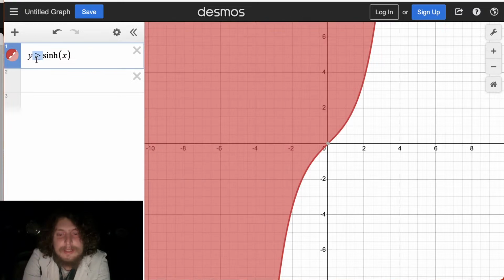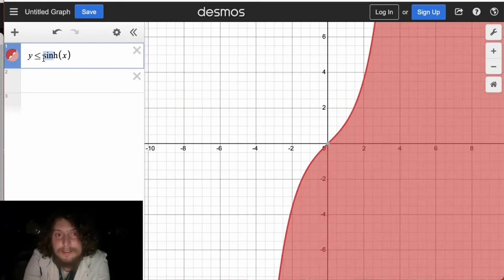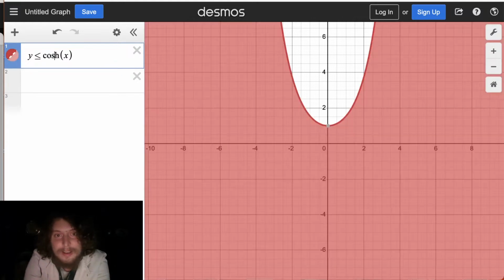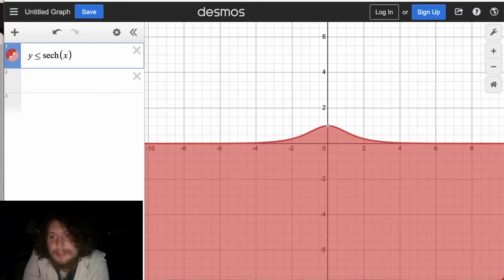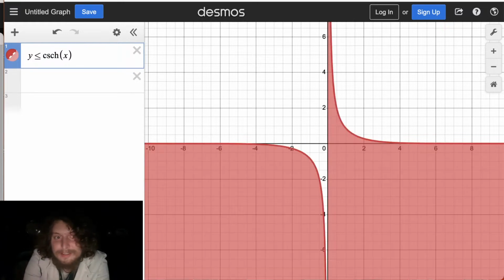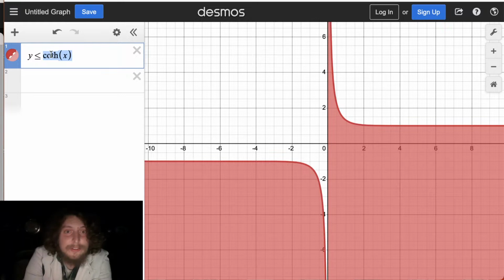And let's actually make this side more. There. So we have our version of sine, our version of cosine, our version of tangent, our version of secant, our version of cosecant, that one's neat, and our version of cotangent. We can see some look kind of similar to each other, but they are creating these interesting variations.